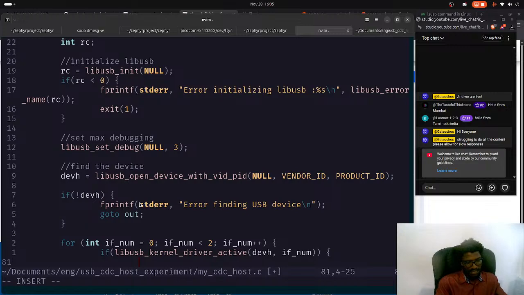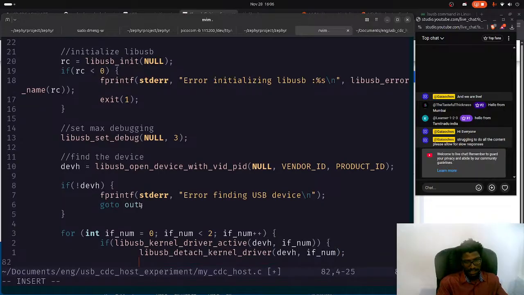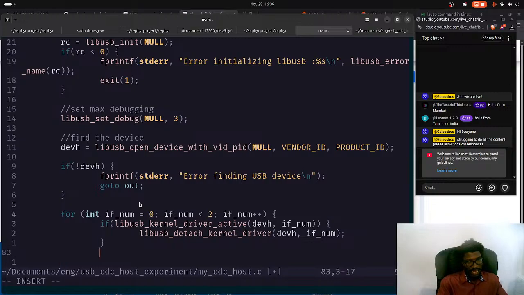If it is actually active, we need to do a detach with USB detach kernel driver dev h num, and then there's that, and then let's close this, and then the next one we